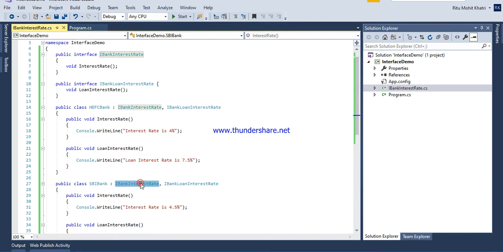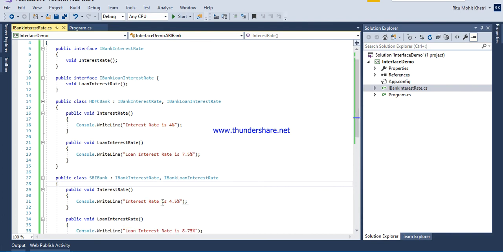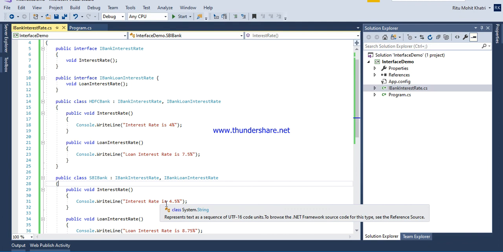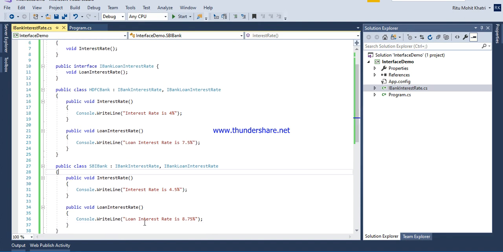As soon as you inherit these two interfaces, it is mandatory for you to define their interest rate. Now the interest rate is basically what you have on your savings in the bank, so that is 4.5%. And if you apply for a loan in the SBI bank, the loan interest rate is 8.75%. It could be any number that the bank offers.